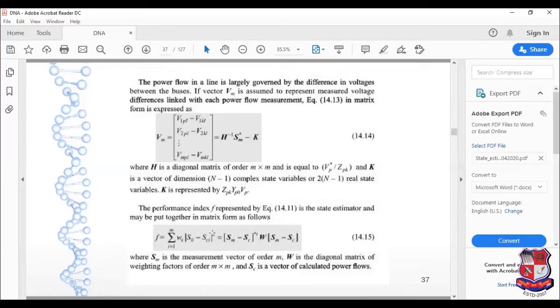It is whole square. So in terms of matrix, what exactly do I have to do? One of these I have to take as a transpose, and the second should be as it is. Then only the product of these two is possible. So I have to separate out two terms. The first one is S measured, apparent power measured minus apparent power calculated, transposed, with the weighting factor as it is, and the second matrix is the measured power minus the calculated power. So this is nothing but a broader form of this equation.